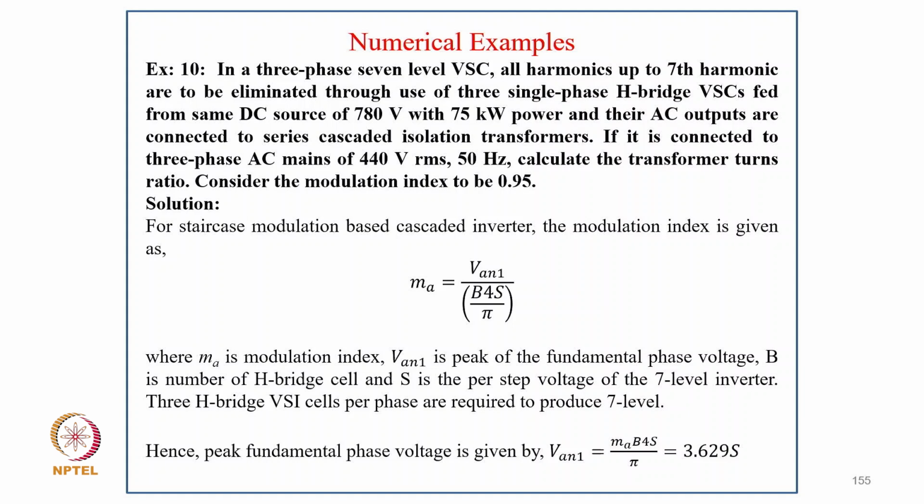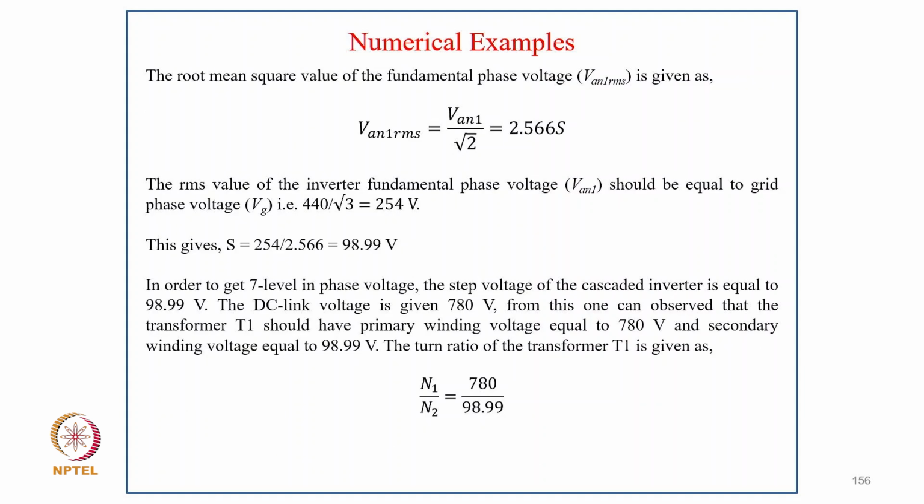So for a hysteresis modulation based cascade inverter, the modulation index is given as M equal to Vn1 divided by B into 4 S upon pi. Here M is the modulation index, Vn1 is the peak of the fundamental voltage, B is the number of bridge cells, and S is the per step voltage of the 7-level inverter. The H-bridge VSI cells per phase are required to produce 7 levels, and hence the peak fundamental voltage is given by Vn1 equal to M into 3 into 4 S upon pi, that is 3.629 S volt, and the root mean square value of the phase voltage is Vn upon root 2, that is